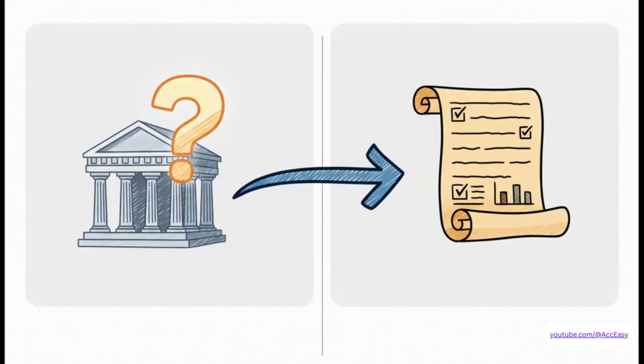And a huge part of this is getting the difference between principles and standards. Think of it like this. Principles are the why. They're the big picture philosophy. Standards, on the other hand, are the detailed rule books, the specific how. This is where you get things like GAAP in the US or IFRS, which is used by most of the world. They're the practical, nitty-gritty application of those big ideas.